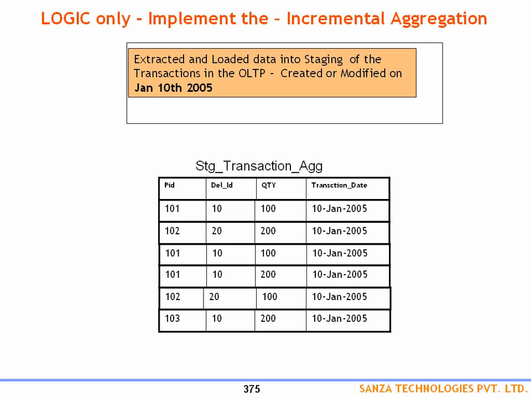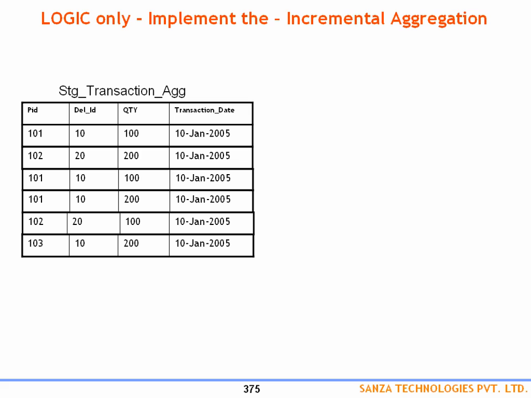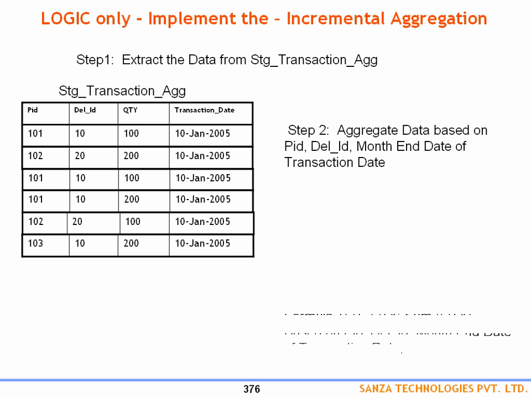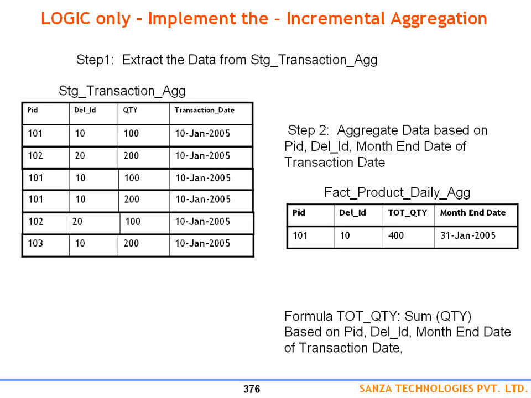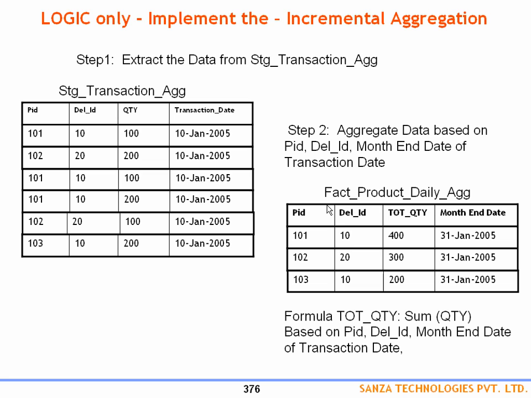Let's discuss this logic once again. Incremental aggregation. Let's say you have data of 10th January loaded into staging transaction A. So you have to calculate the sum of quantity, month to end date: 10110, 100, 100, and 200, 400. Then you aggregate it. That data is coming daily, but when you load it in month to end date, in that month I am aggregating and loading it. First time you are loading the 10th January, so you are aggregating and loading it to your